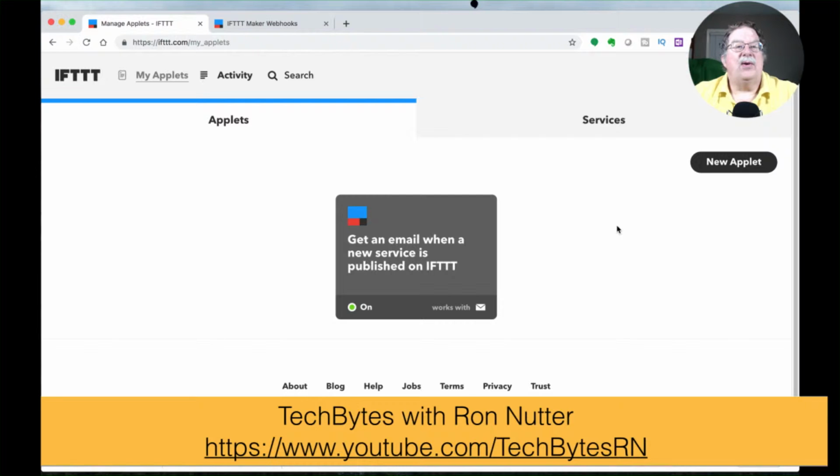So now we'll get over here to the IFTTT website, and we're going to have to set up 4 different applets. 1 to turn on, 1 to turn off, 1 to dim to 50%, or you can pick any number you want to, and then a 4th one to take it back to 100%, because that's the only way that I've been able to find to get this up and running. So let's go to New Applet,